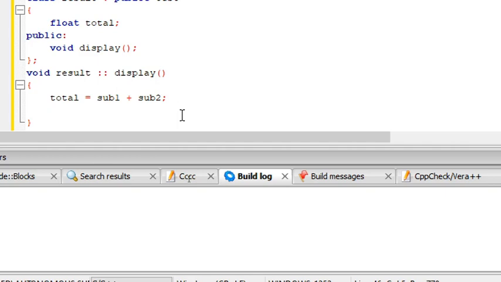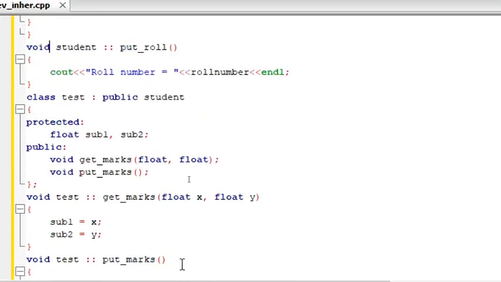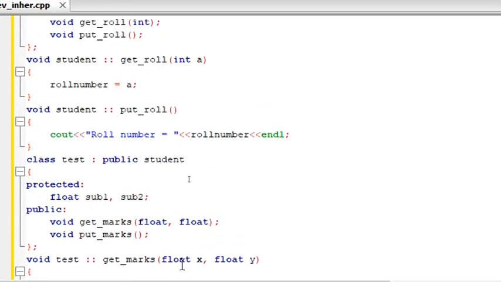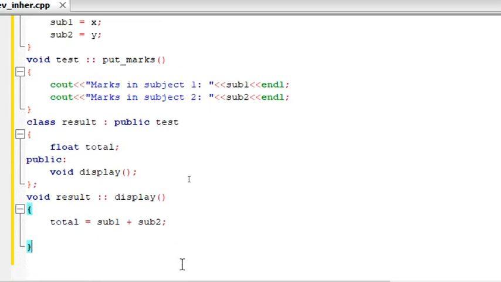So to make you understand how to inherit any properties from my base class, in the base class we have a function called put_rollnumber, I guess. Let me check that. Yeah. So let me display that. Let me use this function put_roll inside my derived class.